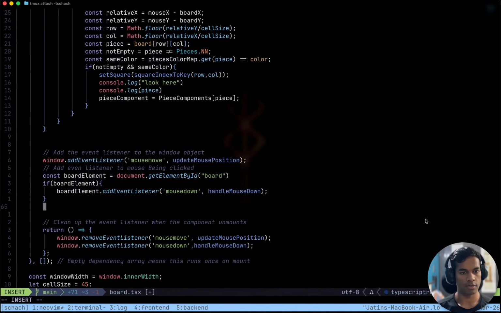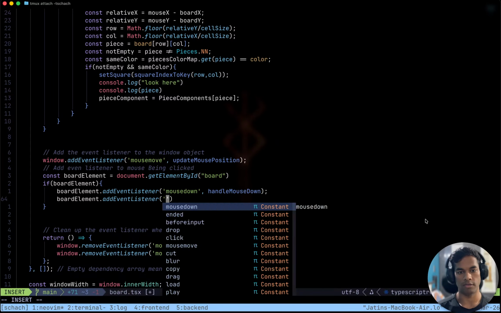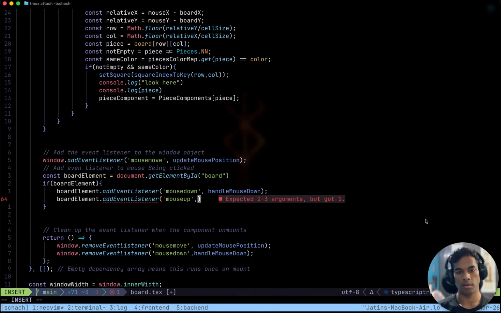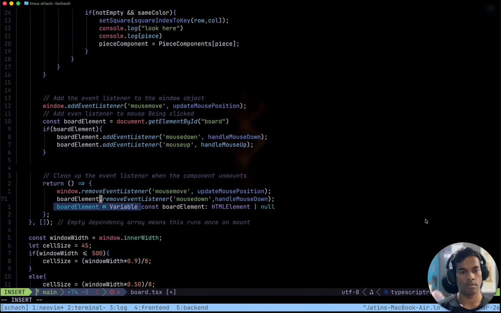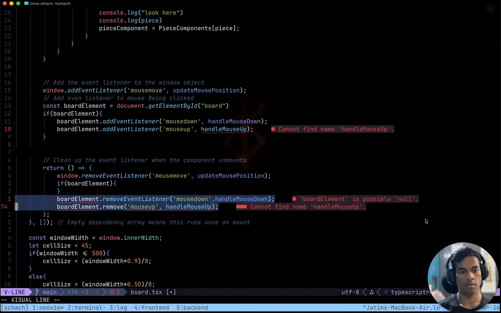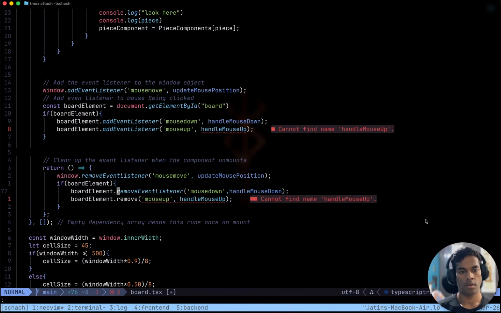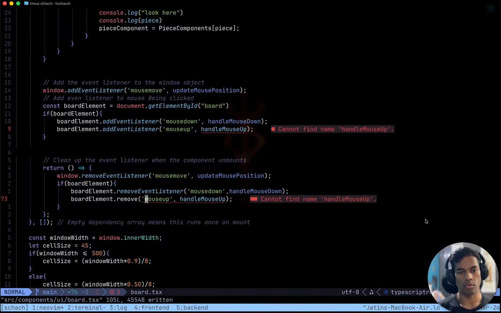Let's add an event listener. Const board element here, board element dot add event listener to mouse up, handle mouse up, and here if board element, board element mouse up, remove event listener.